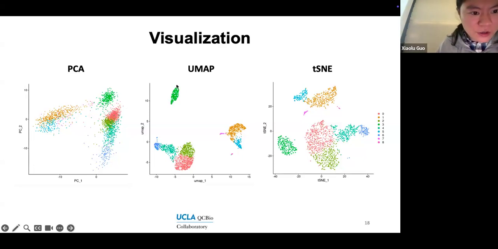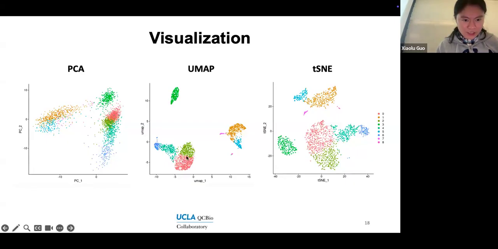In contrast, the UMAP shows better separation. For example, this one is very separated from the rest, and this one, even though they are together,